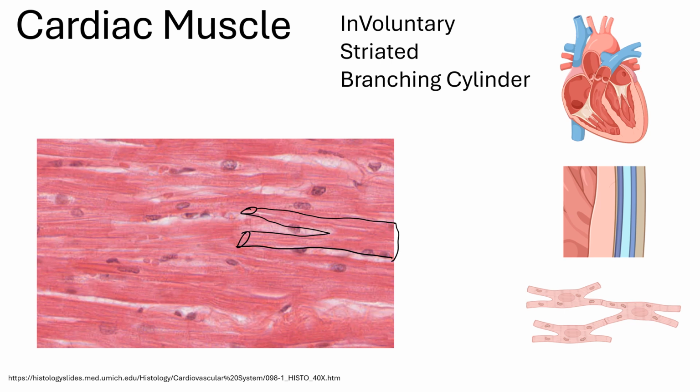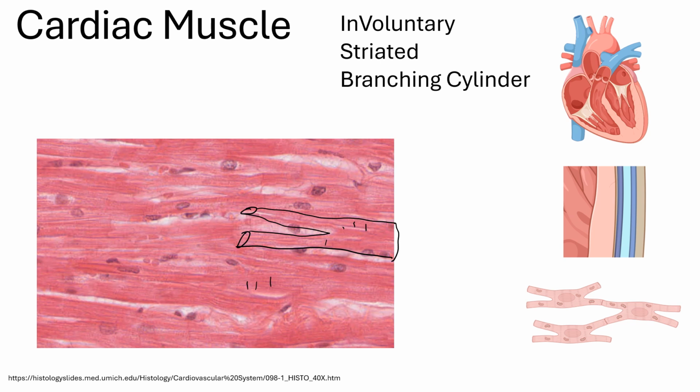Similar to skeletal muscle, the striations run perpendicular to the sarcolemma, so you can kind of see them all running in this direction throughout this tissue. But in cardiac muscle, there are additional structures that are running perpendicular to the sarcolemma, and these structures are called